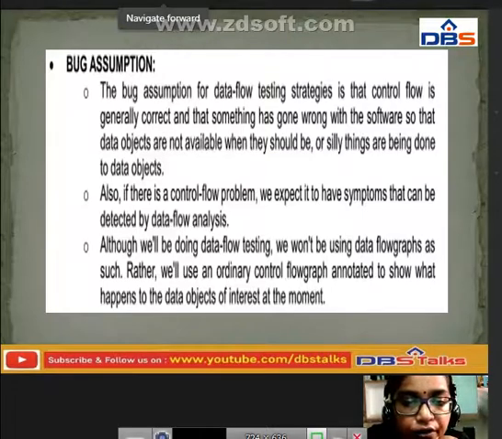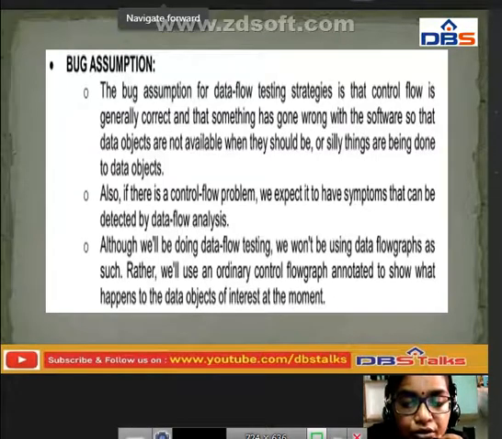If you assume the bug is at a particular place, then whenever you are performing data flow testing strategies, you have to control that flow, and it is generally a correct procedure that first of all you have to control the flow whenever the data transaction flow is occurring there.